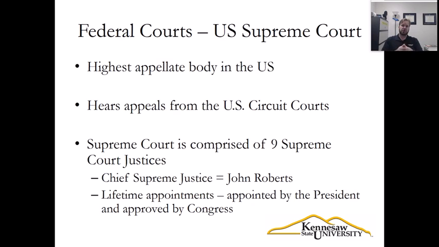And another thing that will happen too is you can, like I said before, appeal state decisions to the U.S. Supreme Court. Before you can do that, you must exhaust all of your options within the state, meaning you have to have gone through the entire appellate process within the state. So maybe you were tried originally in the court of original jurisdiction in that state, the circuit court or whatever it's called in that state, and then you were convicted, then you appealed to the Court of Appeals in that state, and then they affirmed the finding of guilt, the verdict, and then you appealed to the Supreme Court from that state, and then they affirmed.